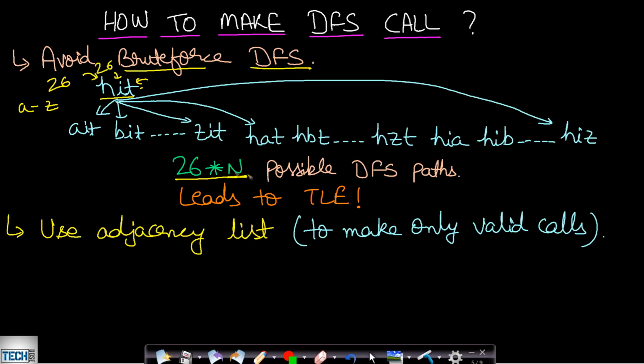So there will be that many possible DFS paths coming out of a single node. This will obviously increase your running time, and you will get a time limit exceeded error. So instead of making these unnecessary calls, we will make an adjacency list, and then we will make only the valid calls. This will highly improve the time complexity.